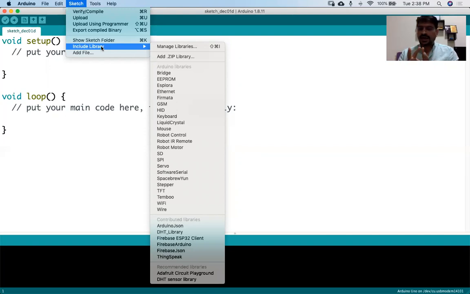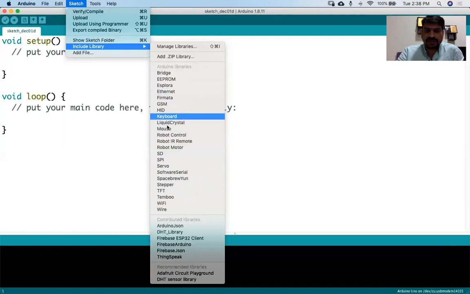If I have any type of sensors and I am putting them into this system, I have to include the library of that particular hardware. For some hardware, they already have the list of libraries. You can see that if we go to the manage libraries part.